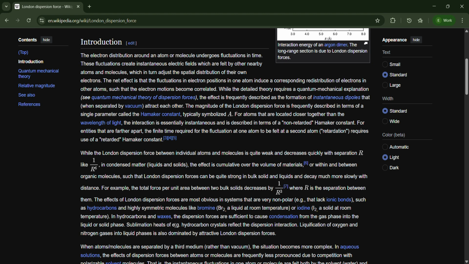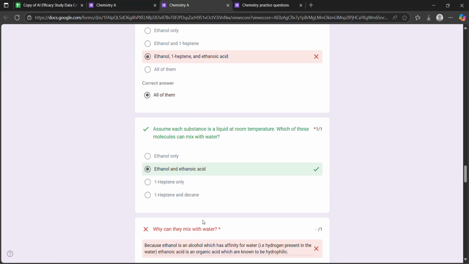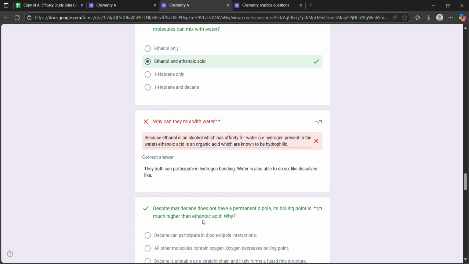In hydrocarbons and waxes, the dispersion forces are sufficient to cause condensation from the gas phase to the liquid or solid phase. Sublimation heats of hydrocarbon crystals reflect the dispersion interaction. Liquefaction of oxygen and nitrogen gases into liquid phases is also dominated by attractive London dispersion forces. Okay, got it. The next question is,